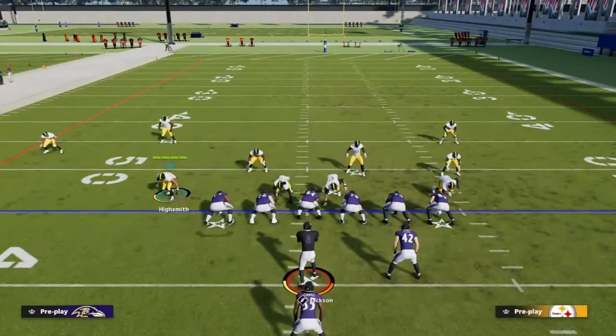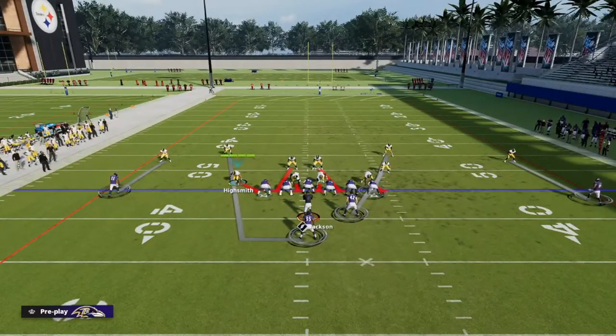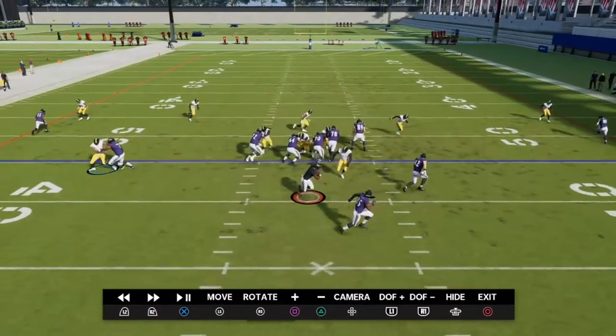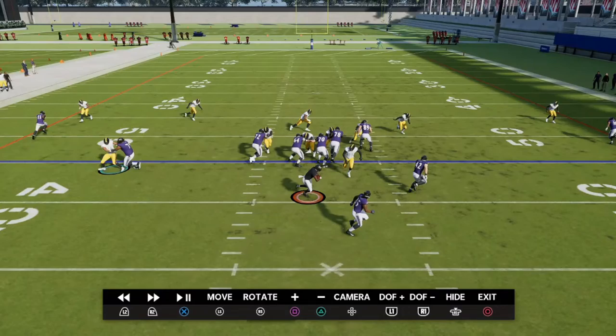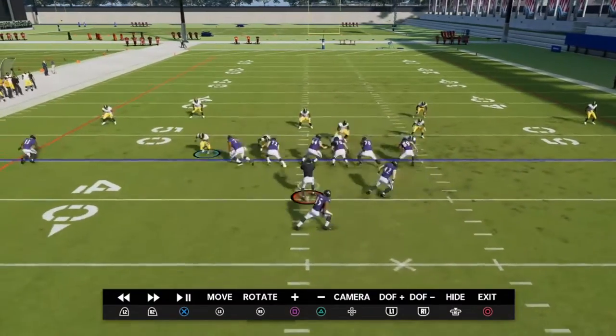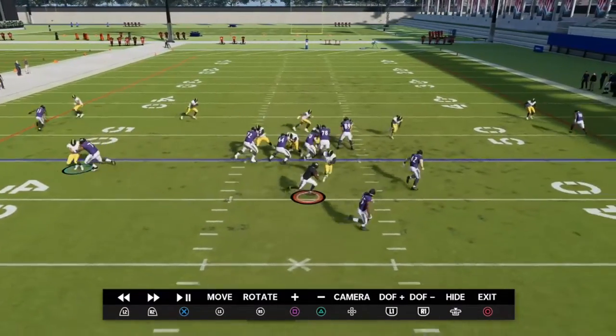Another thing that you guys don't want to do is end up pinching your D line and your linebackers, because they end up getting a release that ends up being inside. You don't want an inside release on people that are running this. You want more of an outside release, because